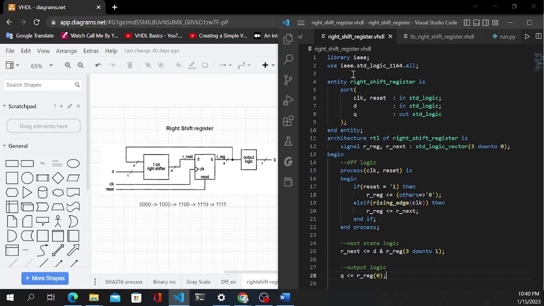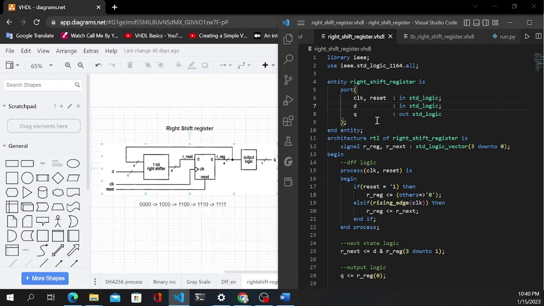So just to explain, we start with importing our libraries, and then we have our ports. And you may have noticed that I've changed the name. It's always good practice to completely name your circuits, or to completely use full names, such that it will be easier for you to debug your code later on. So having completed this, we have our inputs and outputs. We have our clock, our reset, D as input here, and then we have Q as our